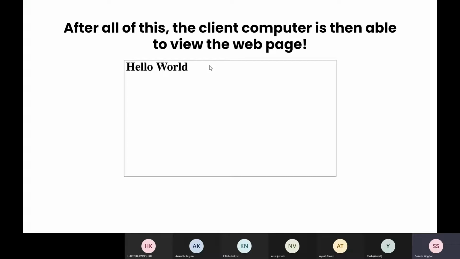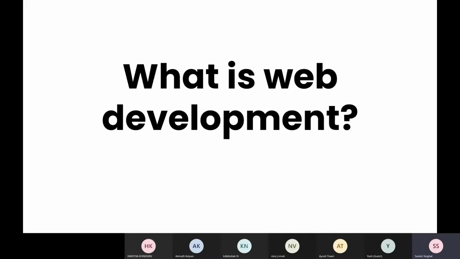So basically we have the web, and inside the web we have a collection of websites, and a website is itself a collection of multiple web pages. You get the hierarchy: the web has multiple websites, and in a website we have different pages, like a home page, an about page, and a contact page. These are the web pages of a particular website. We have to specify which web page we want, and then the server will send it to us.